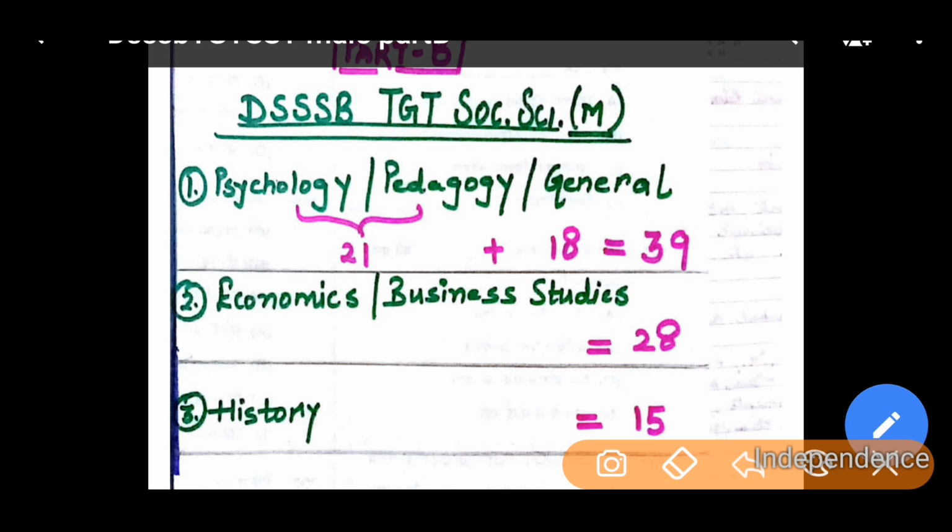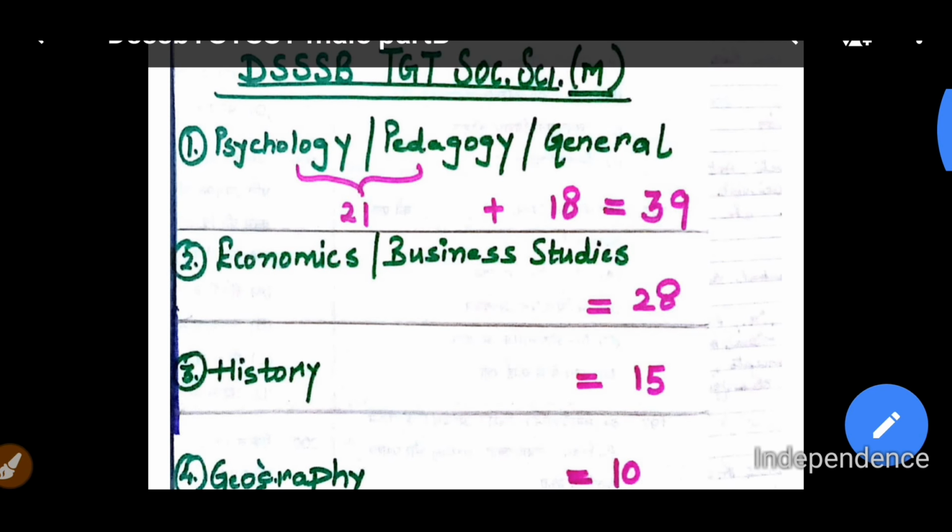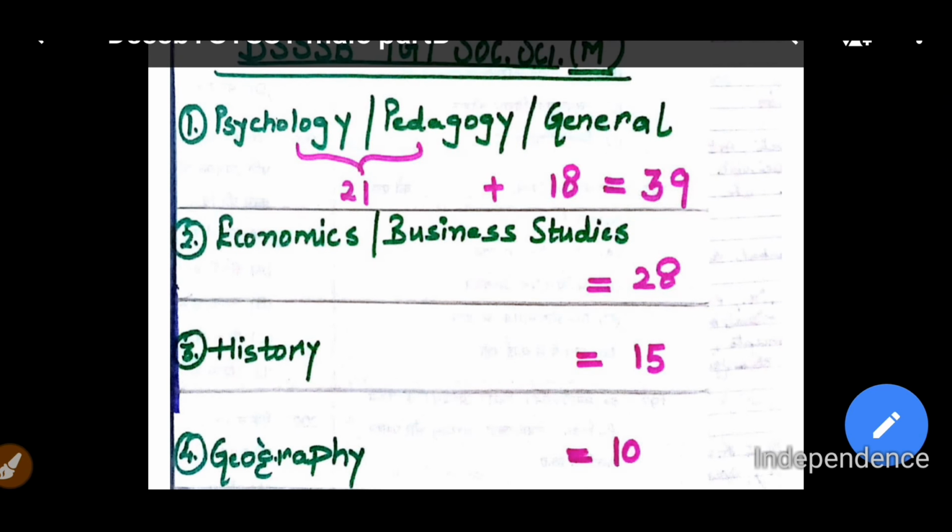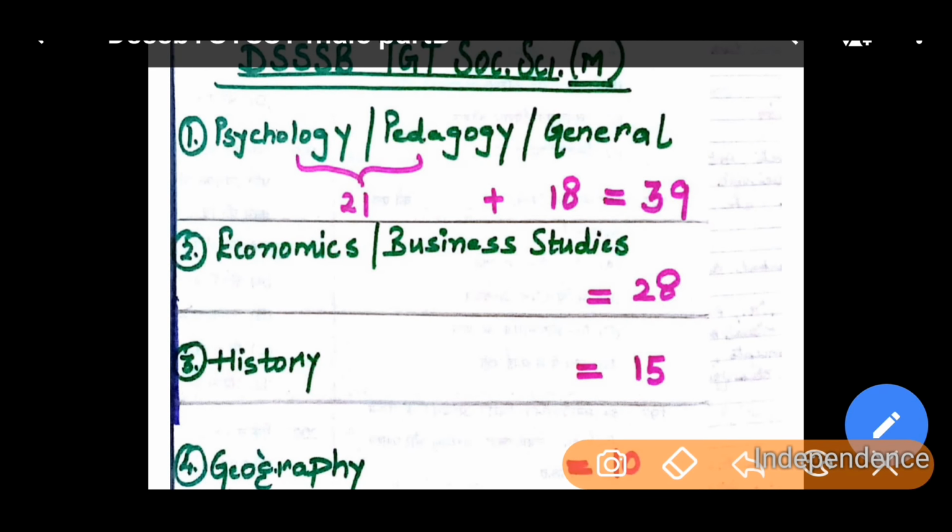Let me tell you an example. There were questions like, what is the most important attribute of a teacher? The answer was democratic, so a teacher has to be democratic. Then there were questions regarding psychology, for example, on Maslow's hierarchy of needs. And then there were questions about various learning skills, collaborative skills, classroom management, etc. So I guess this part is going to be fine if we are thorough with the B.Ed theories.